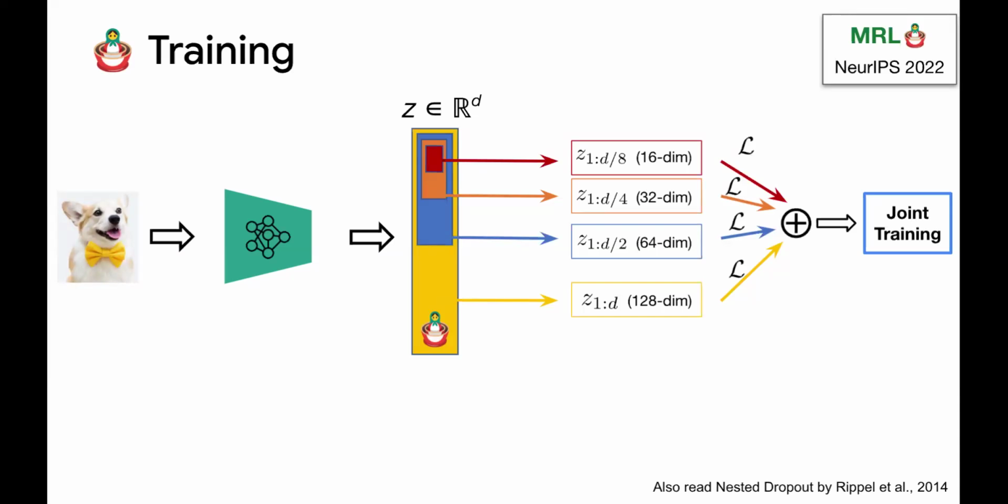So at a high level, what is happening here is your 16 dimensions is getting 4 times more gradients than your 128 dimensions. So that forces the model to learn the most important information to be in the first 16 dimensions because the loss has to do that. There's no other way it can do it. And the generalization of this would be you can reweight the losses based on what you want, but usually uniform weighting works. So we call this paradigm Matryoshka representation learning.